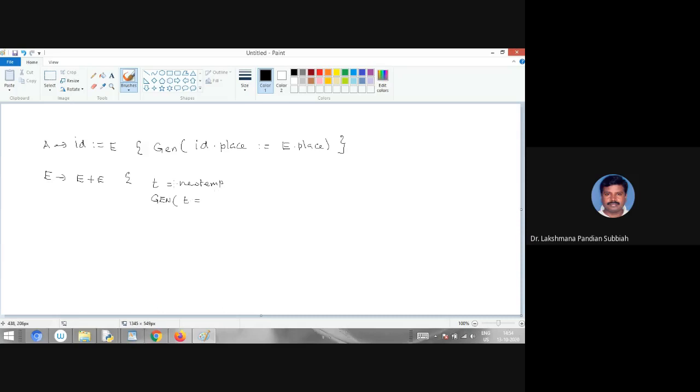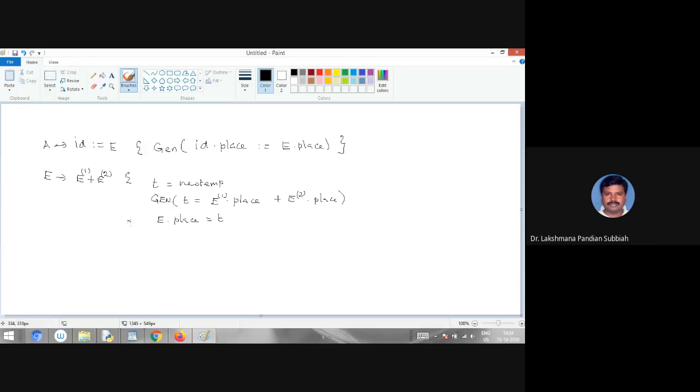Here this is E1, this is E2, to discriminate between each E. So E1 dot place plus E2 dot place, right? Then you have to assign that T in that E dot place.